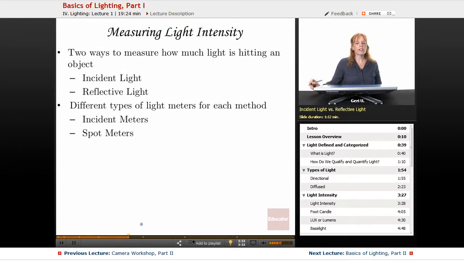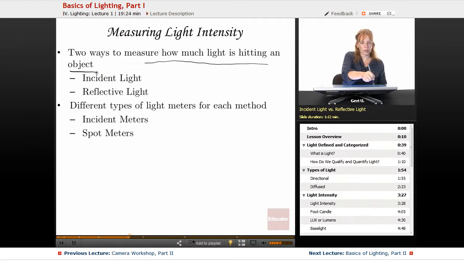Okay, so measuring light intensity. There are two ways to measure how much light is hitting an object. We have incident light, which is light that is falling on the object. As you know, when we see something, it is because light has fallen on the object and is reflecting back into our eyes. That's how we're able to see, and that's true for the camera as well. So the incident light is the amount of light that falls on the object. And then the reflective light is how much light is bouncing off that object and coming back to the camera